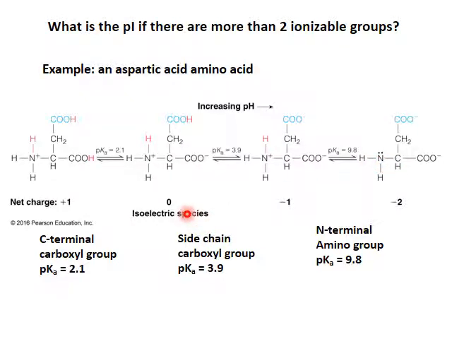So let's look at the titration curve for this species. Just before we go though, where it's electrically neutral is right here at this pH after the first equivalence point, because you have an equal number of positive and negative charges. So there's always going to be an isoelectric point, an isoelectric species, at some point in the titration